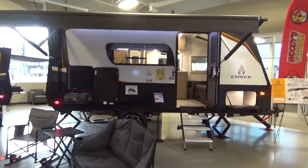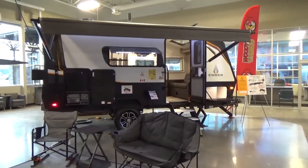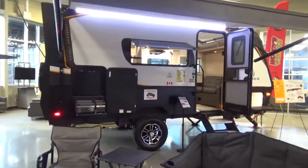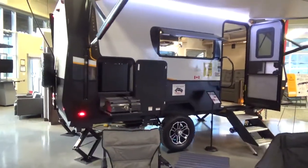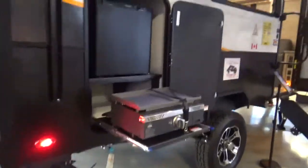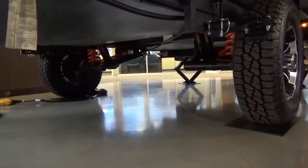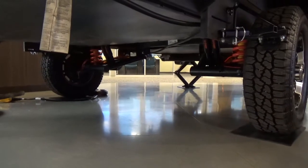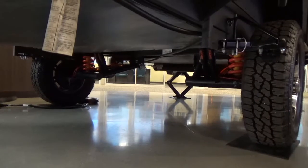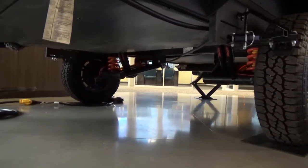The body of the trailer in a lot of cases can flex and stress, and that's just how they're built. With this type of product, friends, the way that they've engineered it is putting all the emphasis back onto the suspension to do what it's intended for. And we're gonna get, like I said, ground up on this. They're using the Curt trailing arm suspension. If you notice, there is no axle on this trailer. They're using a coil spring with the bushings in between the spring, and then a dual nitrogen filled gas shock. This is a real, true independent